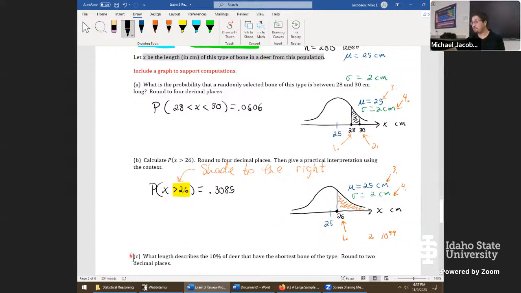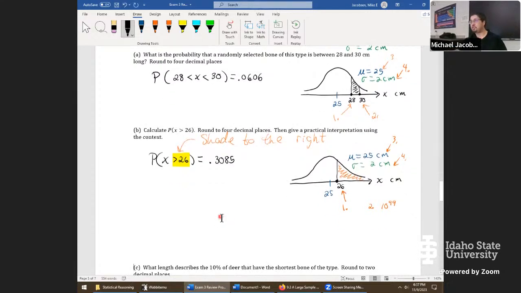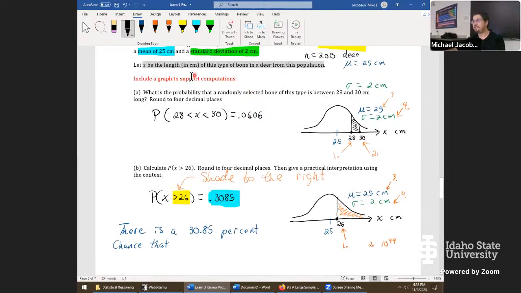Well, this time we do have to give a practical interpretation. These are never too bad. We've done a lot of practice on these kinds of things. We can focus on this first and say, there is a 30.85% chance that, now we switch gears and we have to talk about X. Anyone recall what X represented? Kind of foggy myself. Yeah, exactly. We'll say pretty much just that statement. There's a 30.85% chance that